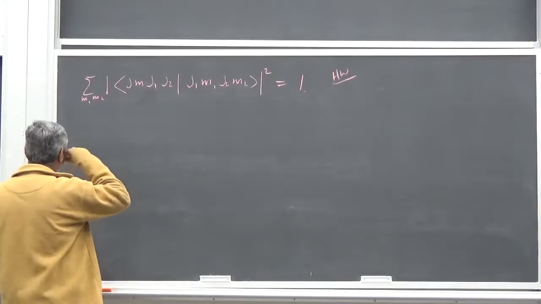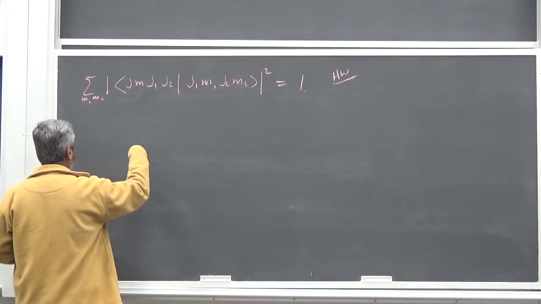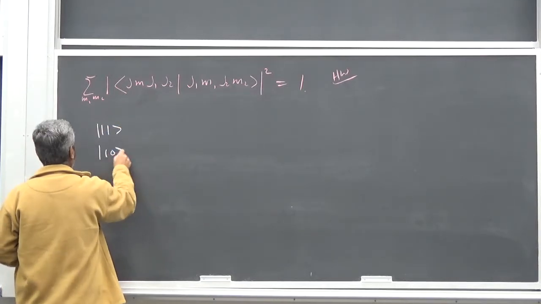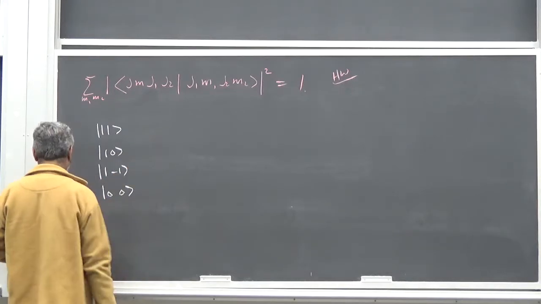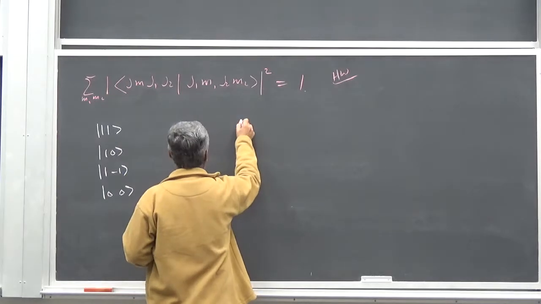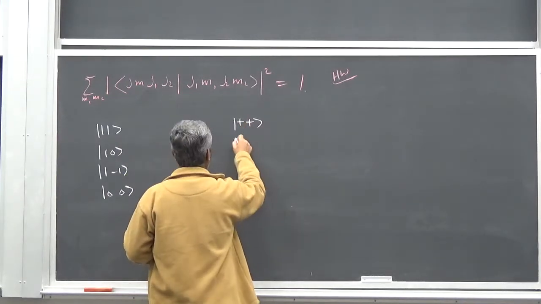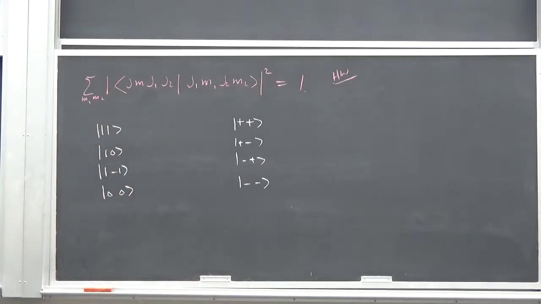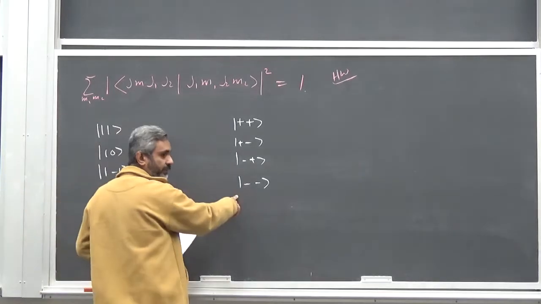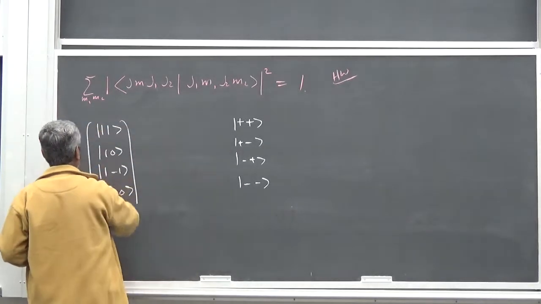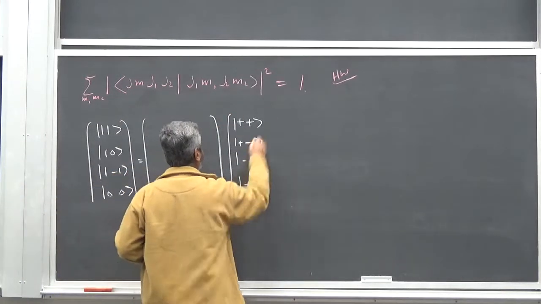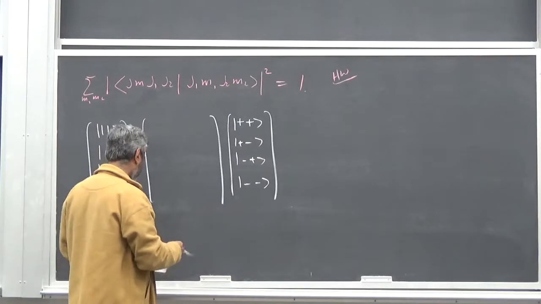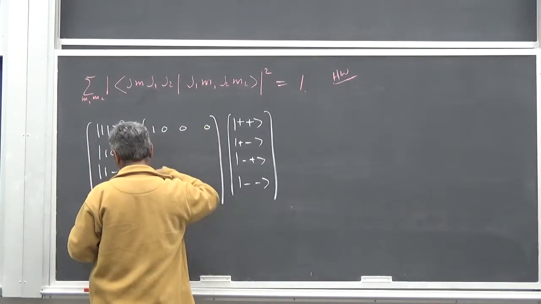अच्छा, इसी नोट पे अब देखिए, अगर आपको मैं वो दो स्पिन हाफ वाले सिस्टम पे ले चलूँ तो क्या था, आपके पास ये स्टेट थी ना 1 1, 1 0, 1 -1 and 0 0, राइट। और दूसरी तरफ स्टेट थी आपके पास प्लस प्लस, प्लस माइनस, माइनस प्लस और माइनस माइनस, राइट। अब इनमें से कोई भी स्टेट इनका लीनियर कॉम्बिनेशन थी, राइट। So there must be something like this कि आप यहाँ से कोई भी स्टेट ले लें, इनका लीनियर कॉम्बिनेशन बनाएंगे तो आपके पास यहाँ मैट्रिक्स आ जाएगा, राइट। वो मैट्रिक्स क्या था, वो मैट्रिक्स ये था